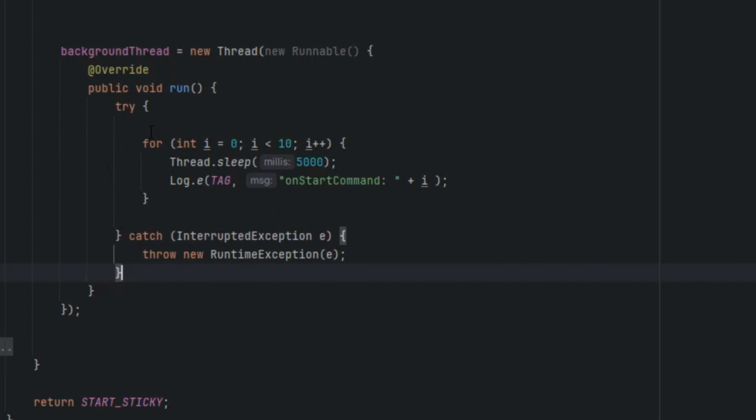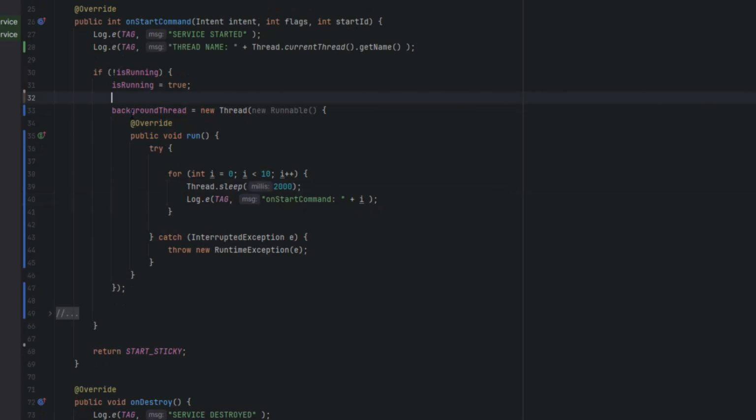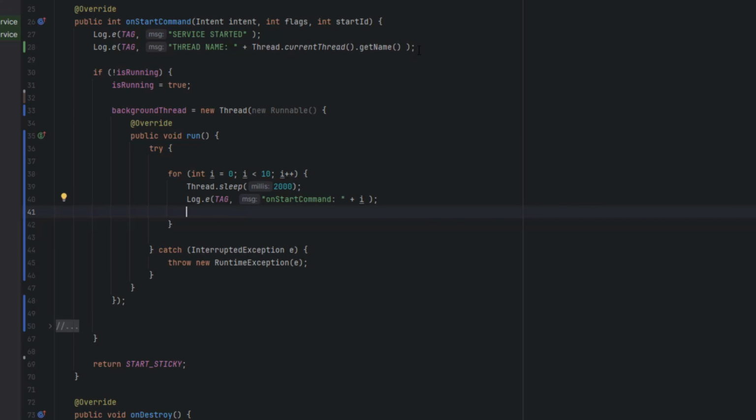And here I will make the thread sleep for 2 seconds instead of 5 seconds, just to see the result a bit faster. Let's also print a log message to check what the thread name is while this run method is executing. I'll just copy this log line from earlier and